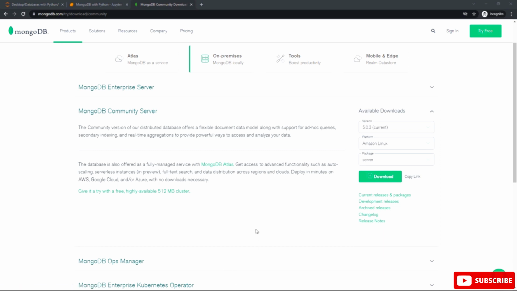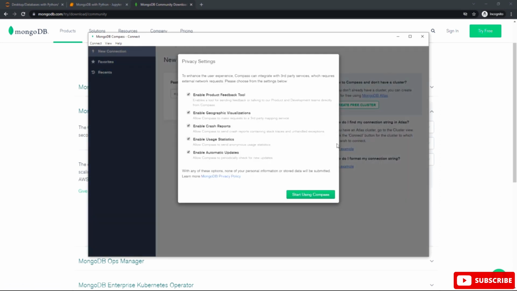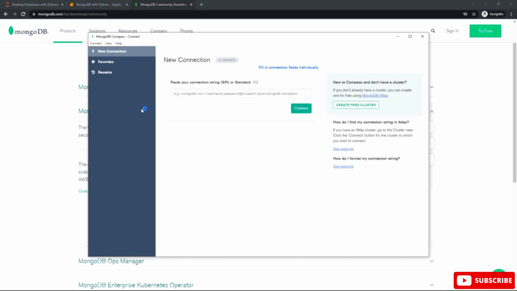After completing the installation, open MongoDB Compass, and this is our software here to handle the MongoDB databases. In next lessons, we will use this connect button to connect to our databases, collections, and documents, and I will show you all of that.